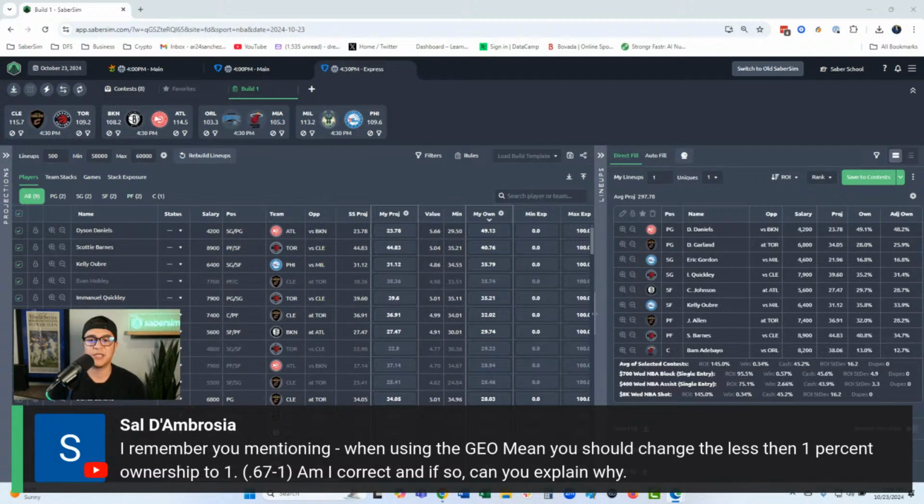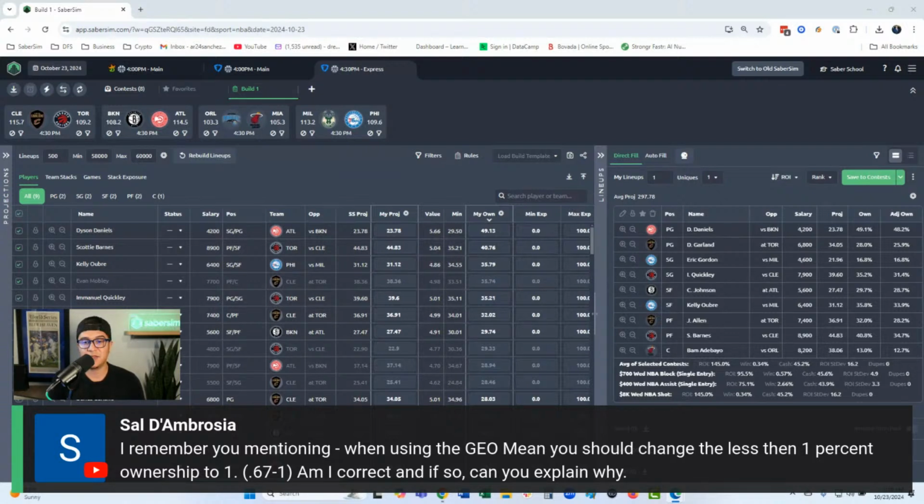Yeah, good question. So sometimes when a player's ownership is 0, geomean is a form of product ownership where you're multiplying ownerships together. So I've seen it where a player's ownership is 0, and their geomean ends up being 0. Well, that's not an accurate representation of the geometric mean of the lineup. And it's unlikely that when the geomean's 0, you're effectively unique. So it's better to standardize the ownerships to a whole number, like at least 1.